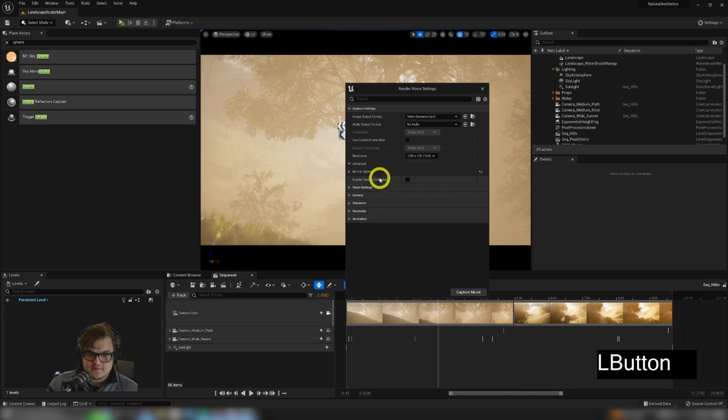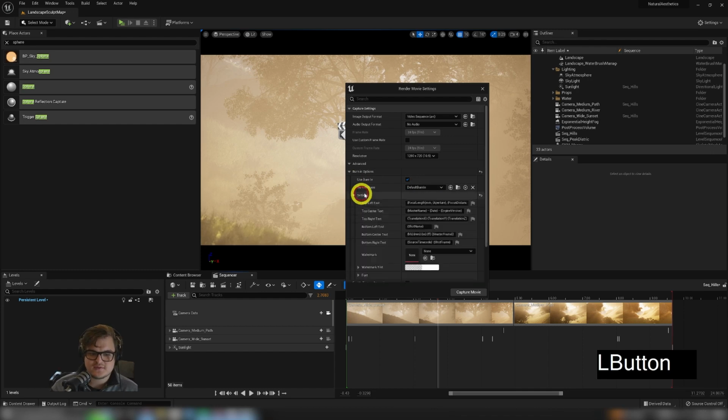The other setting that can be really useful when previewing your work or getting feedback from other people is the burn-in options. I think by default, use burn-in is not set to true, but I would encourage you, for this class at least, to check use burn-in, because it's going to give a little bit of information overlaid on your video that can help you get feedback. Especially if you've got longer videos, this is basically going to give you a time code that shows you how long the video runs for. And we can use that time code to say, oh, at minute 120,